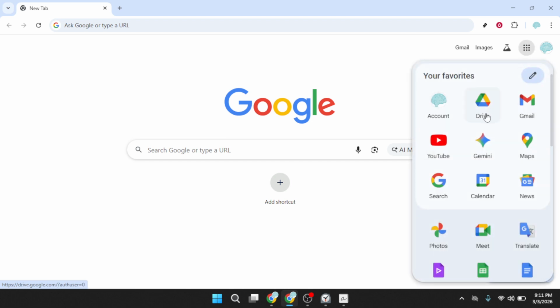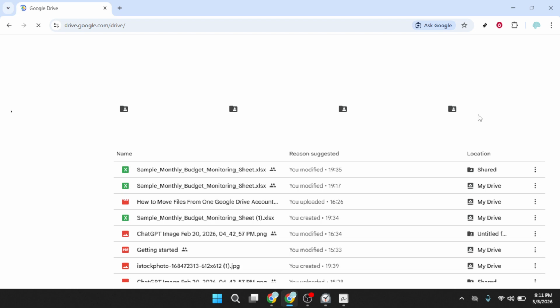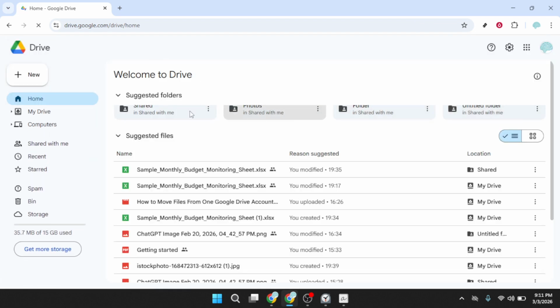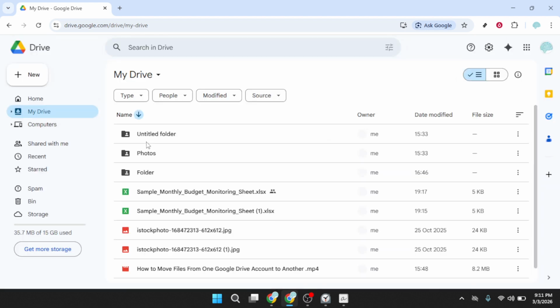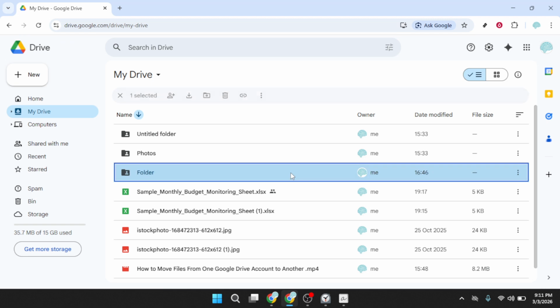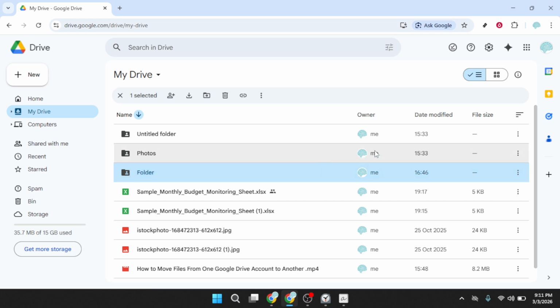When Drive loads, make sure you're in My Drive, which is your personal space for files and folders. Find the folder where you want to change access. Single-click to select it so it's highlighted. Keep in mind, changing a folder's permission generally applies to the items inside it, so choose the right folder before you proceed. With the folder selected, look for the three vertical dots, also called the More Actions menu, and click